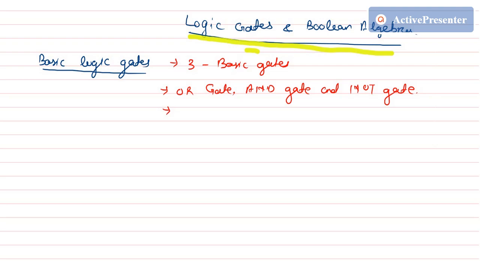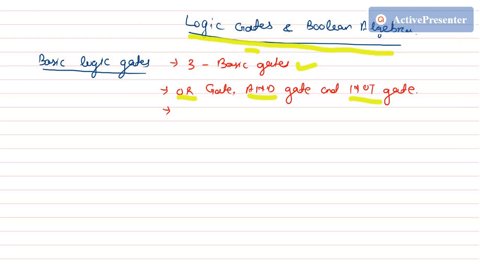I have already told there are three basic logic gates. Those gates are the OR gate, AND gate, and NOT gate. As the name says, logic gates: OR, AND and NOT are three kinds of logic. So this or this, this and that, and this is not but this. These are the logics we generally use in human language. OR means this or that, AND means this and that, and we will be implementing those in digital electronics through logic gates.